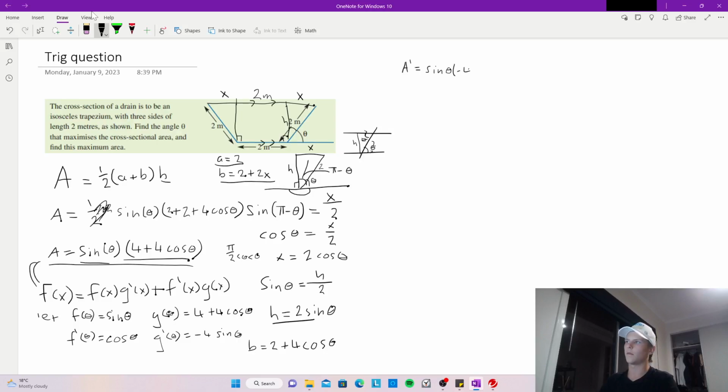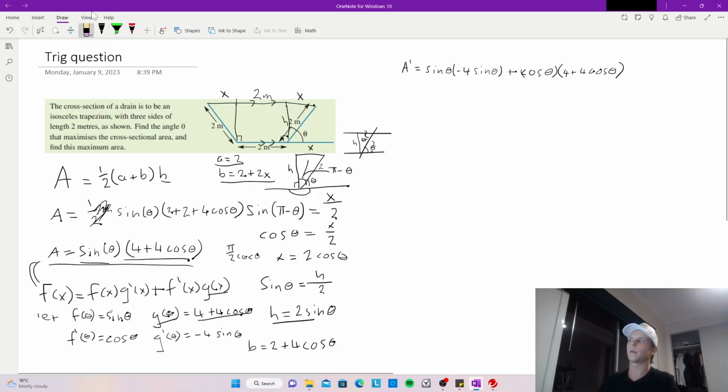We got negative 4 sine theta plus the derivative of f of x, which is the derivative of f of theta, which is just going to be cos. And then we want this value here, which is just this value here. And then you've got 4 plus 4 cos theta. We're going to see how quick we end up being able to do this, but